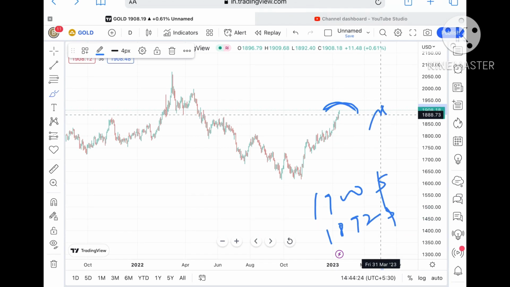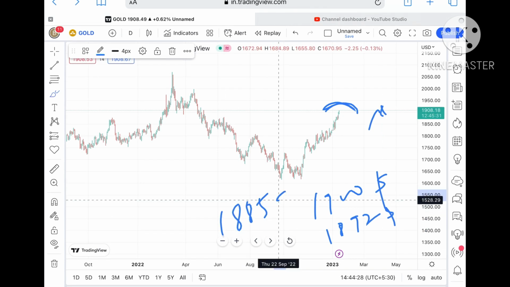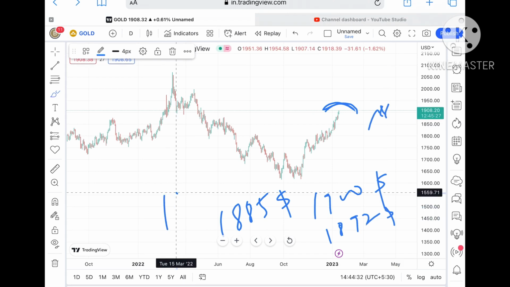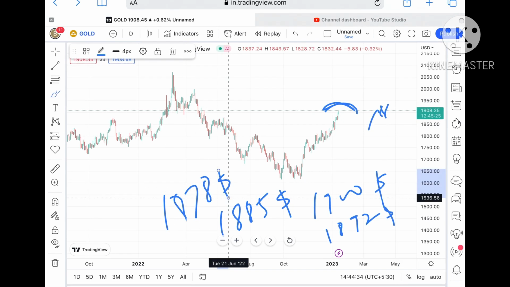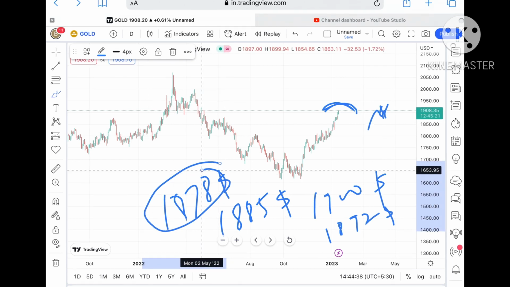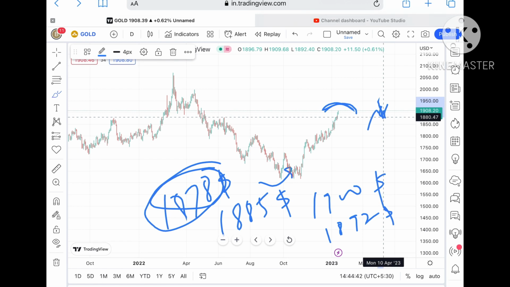Suppose if the price falls below that particular level, then we can see it can touch a level of around $1885. Okay, suppose if the price falls below 1885, then we can see it can touch a level of around $1878. And once it falls below that particular level, because $1878 is a support, from there we can see a bounce back can come. But if this bounce back didn't sustain, then chances